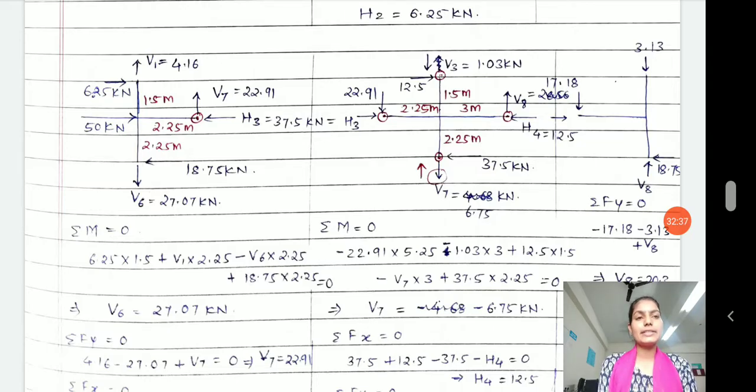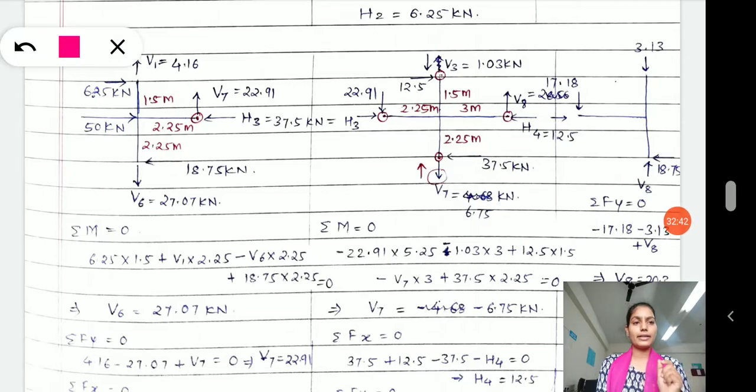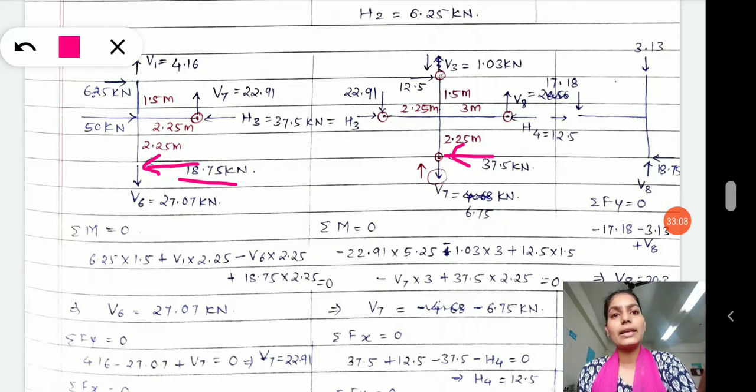Let's start with the second story now. We already have analyzed the forces in our second story at a horizontal level at this point: 18.75, which the exterior columns are taking, and the interior column is taking 37.5, twice that of the exterior columns, which we have analyzed earlier. Now the only change in this system is that you come up with this extra column here.